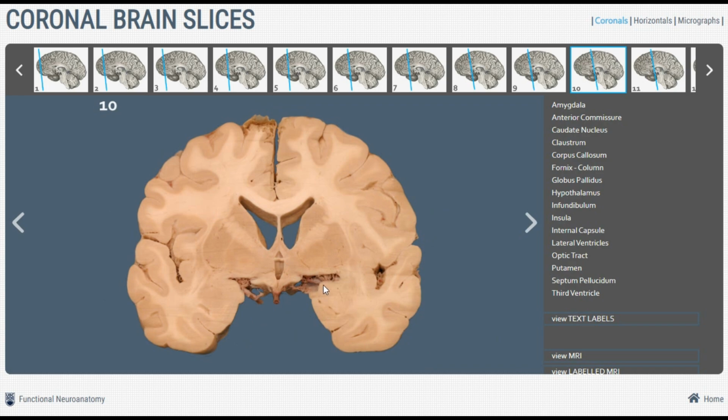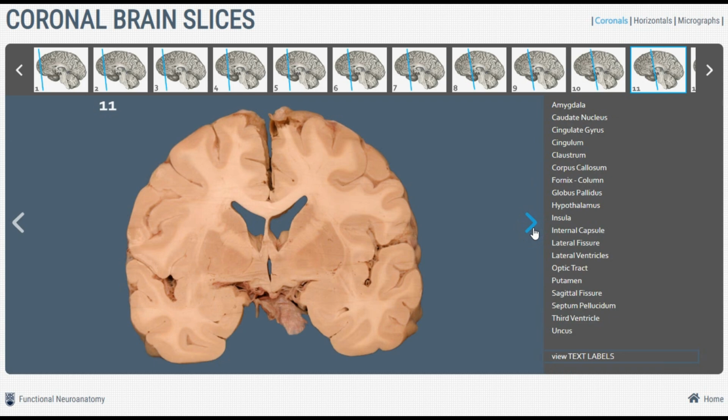Now I want to mention that the caudate nucleus has a really big head, but it dwindles very much as it goes posteriorly. So the body and tail of the caudate nucleus are still associated with the lateral ventricle, but they're much smaller. I'm going to jump a little further posteriorly, and here we're starting to see that the globus